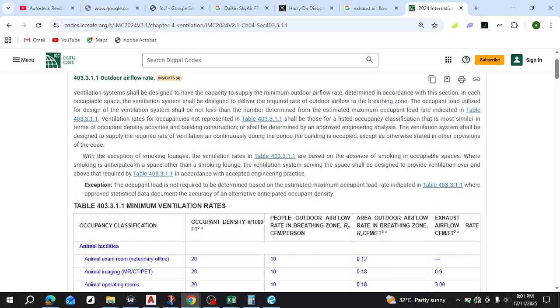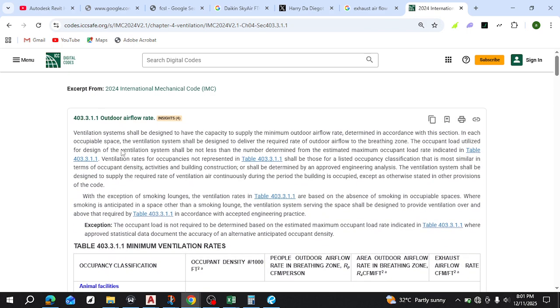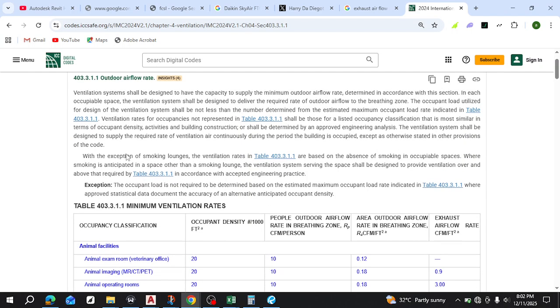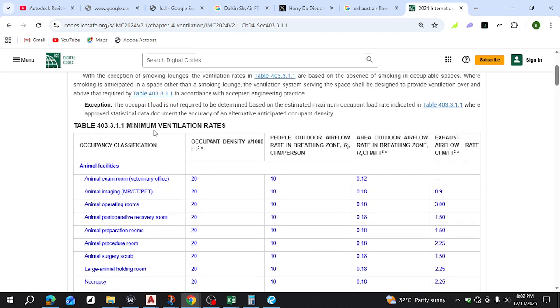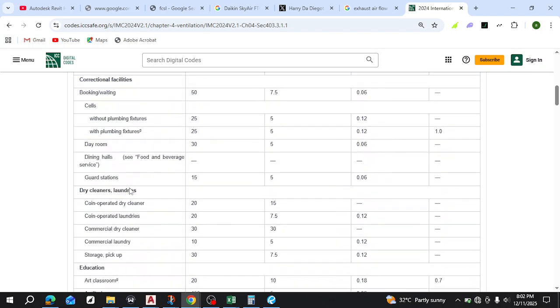So let's go over to what I already looked up. Oh yes, perfect. Despite me not having internet, this page is still loaded. So I went to the 2024 International Mechanical Code, IMC 2024, and we find this table. It gives us the minimum ventilation rate of buildings, right? Depending on the nature or the classification of the building. So our building in particular has